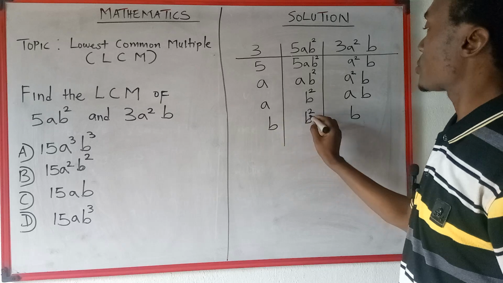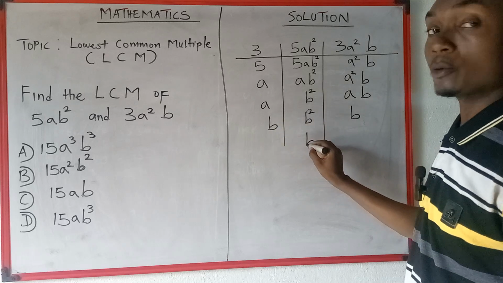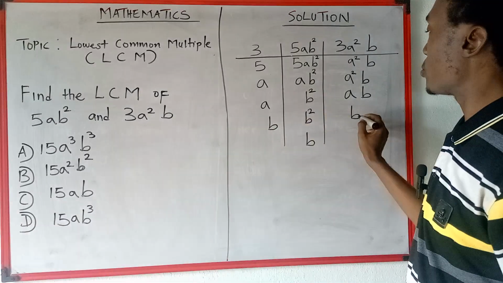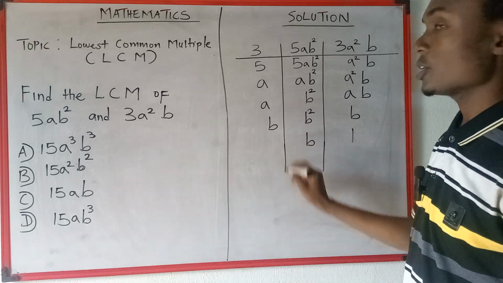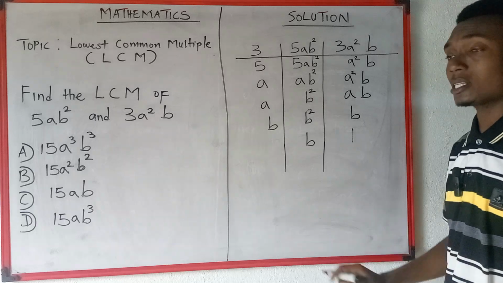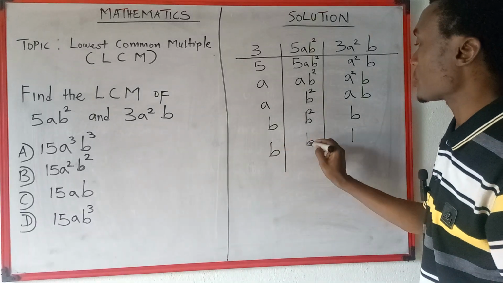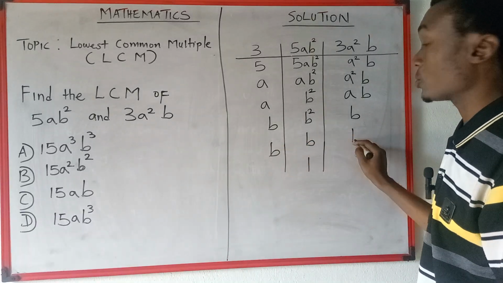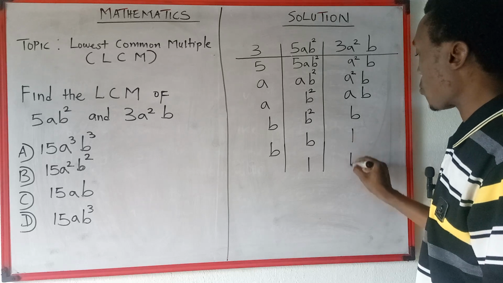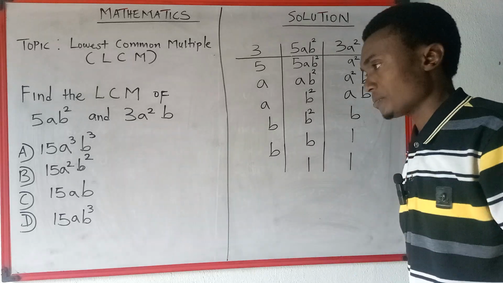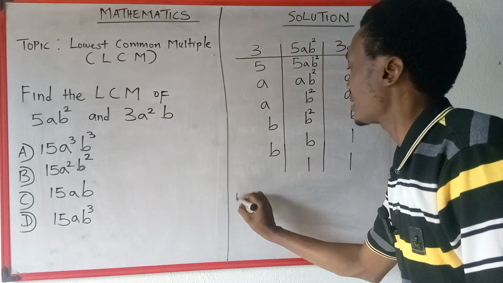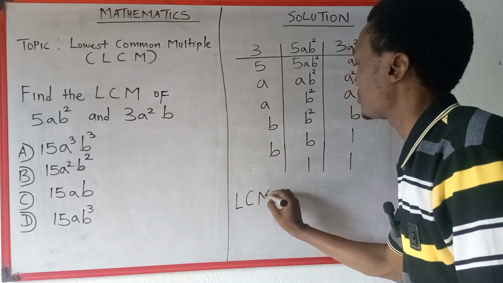Okay, let's go. B. B cancel this b. Drop one of the b. B cancel b. 1. Okay, so we're progressing. So the next one we can use here again is still b. B cancel b. 1. Can b cancel this one? No. You drop this 1. Okay, so looking at it, when you get to this stage, at this point, you write down LCM is